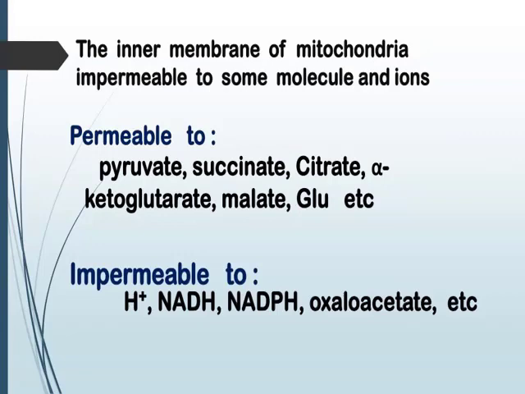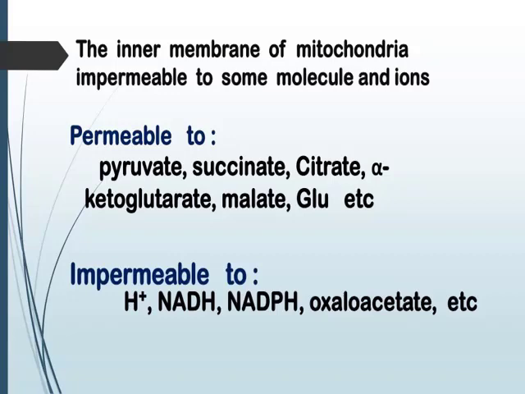Now, our inner mitochondrial membrane is also known as selectively permeable. That is, it allows certain materials to enter and acts as a barrier to certain materials. You should know which materials can pass through and which cannot. Our mitochondrial membrane is permeable to pyruvate, glucose, succinate, alpha ketoglutarate, malate, but impermeable to hydrogen ions, NADH, NADPH,